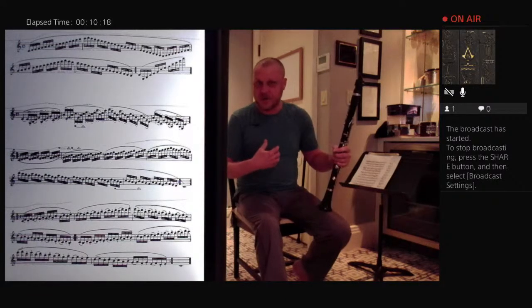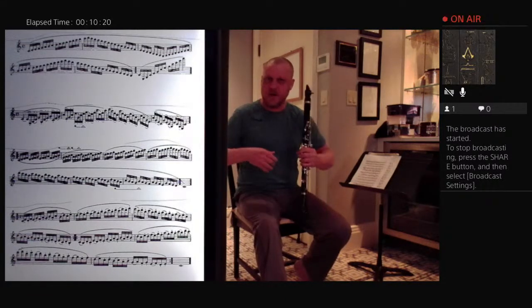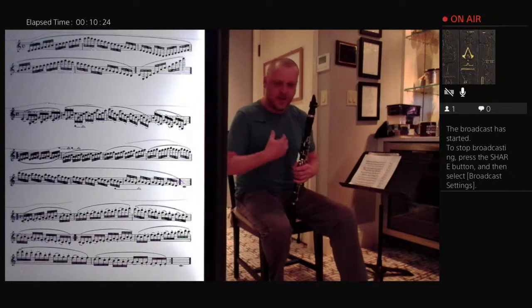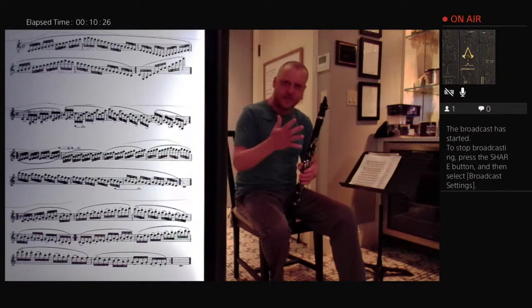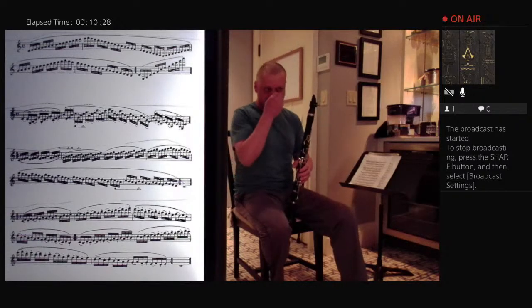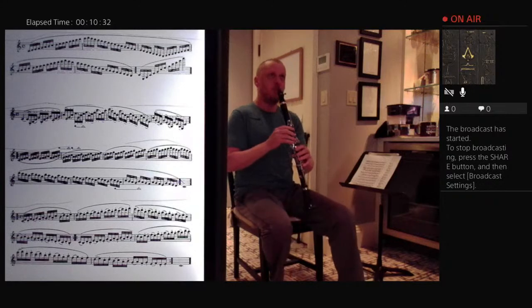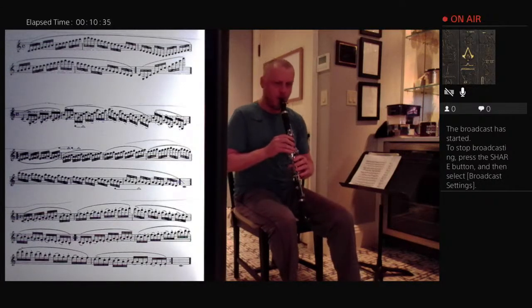Trying to keep my torso very still, trying to keep everything very easy, and as efficient as I can to deliver air into the instrument. I'm going to try for 5 iterations on this one. 5 cycles of the scale in one breath. Let's see if I can do it. 1, 2,